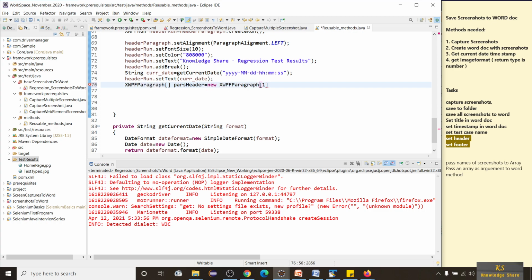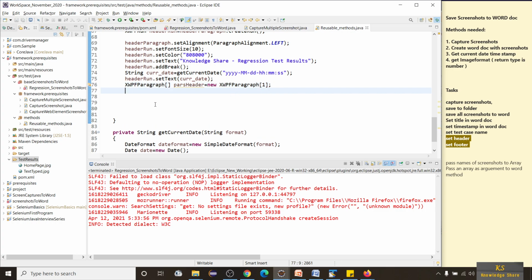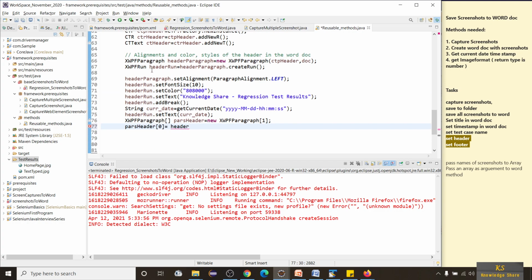That means we have set up only one paragraph. Till now we have written only one thing, right? So parseHeader of 0 is equal to header paragraph. So we have to take this header paragraph.